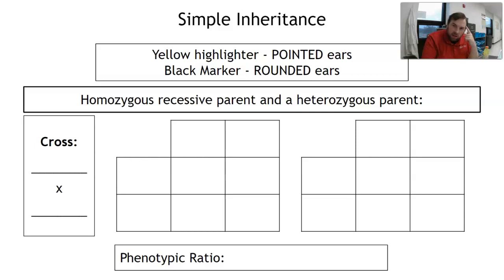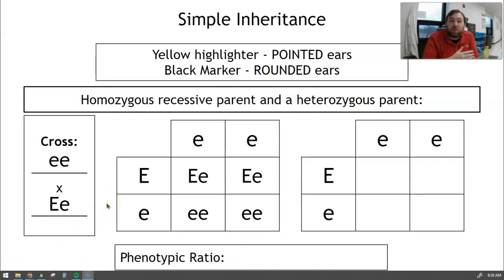See if you can work it out in your head, and see if you can come back after the pause and see how it worked out. So the homozygous recessive parent and the heterozygous parent are labeled as lowercase e and capital E. Looks like we have the genotypes listed side by side right here. And if we put that same thing in the color coding squares,